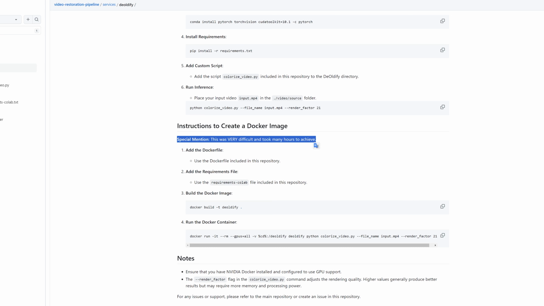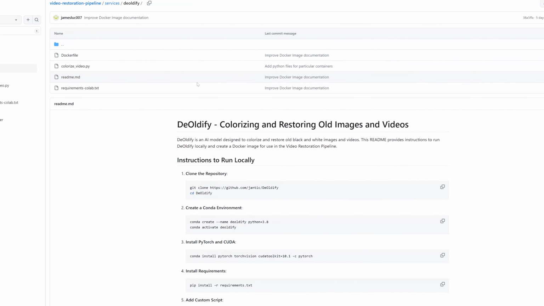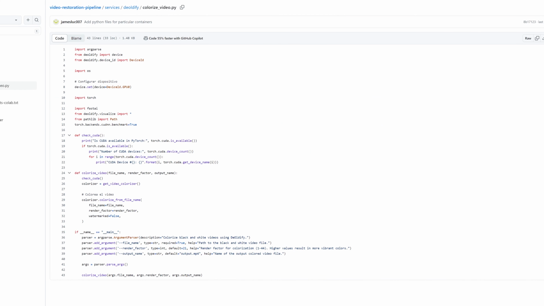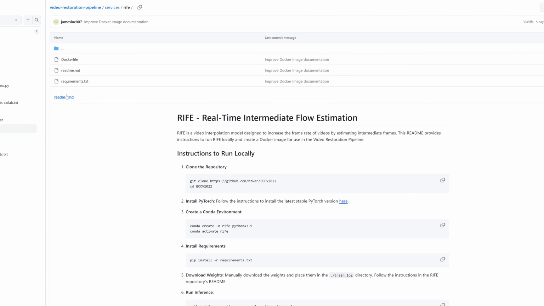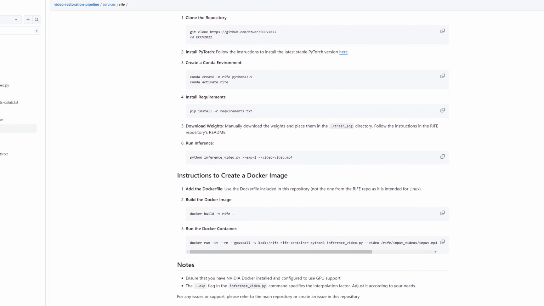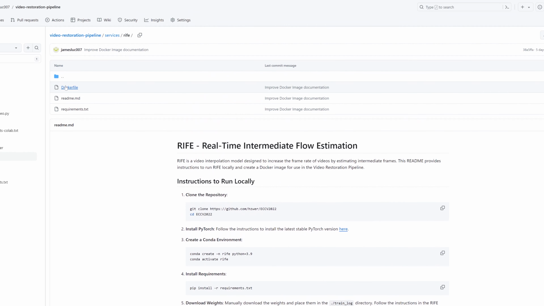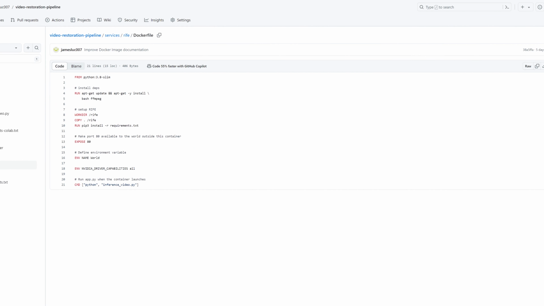One of the standout features of this project is the ability to create a working Docker image for DeOldify on Windows. As far as I could find, no one else on the internet has documented a successful attempt at this. This adds significant value to the project, making advanced video colorization accessible to Windows users without having to deal with Anaconda environments or Jupyter notebooks or something like that.